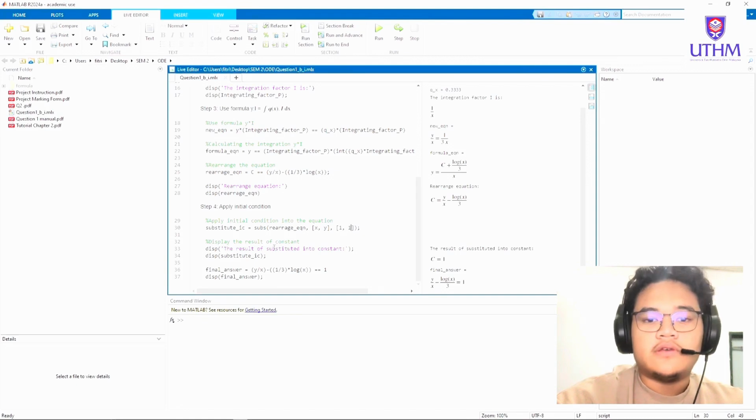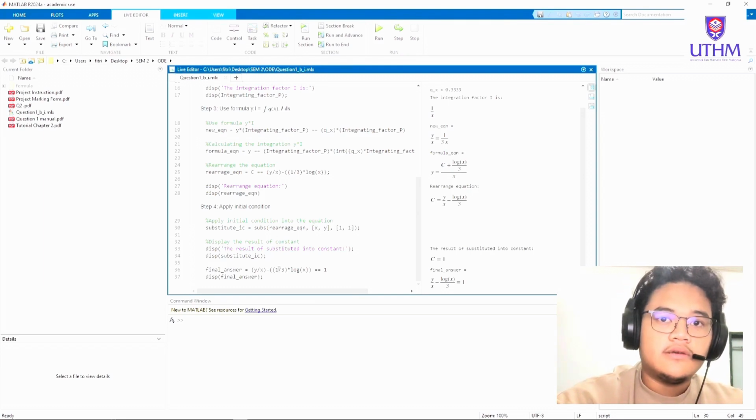Then we display the result of the constant c, which is c equals 1, and then we can get the final answer,